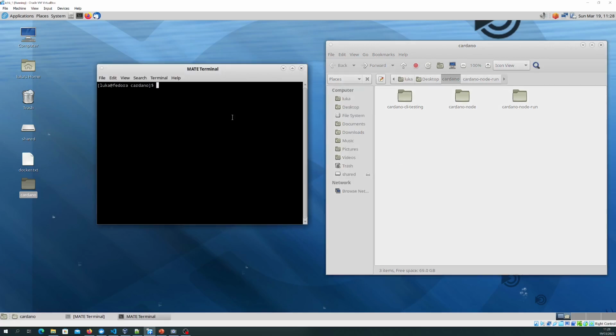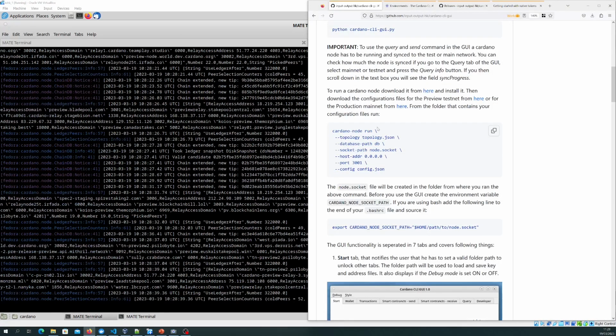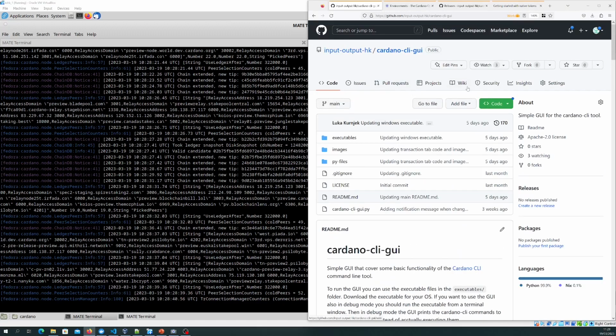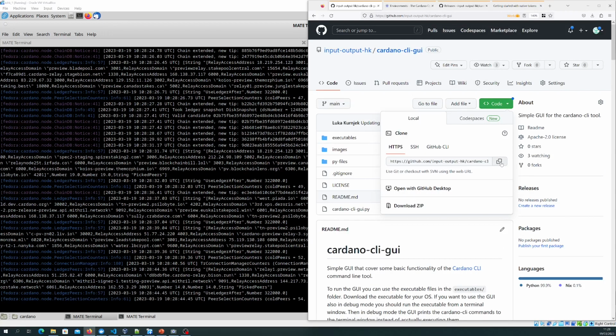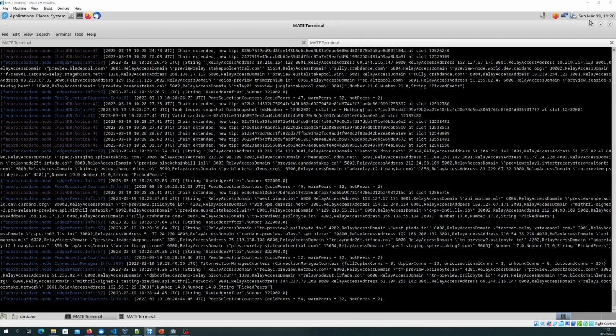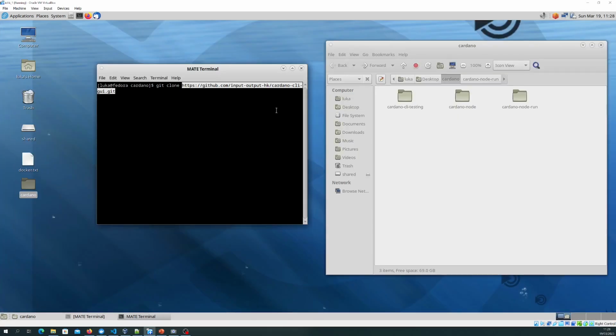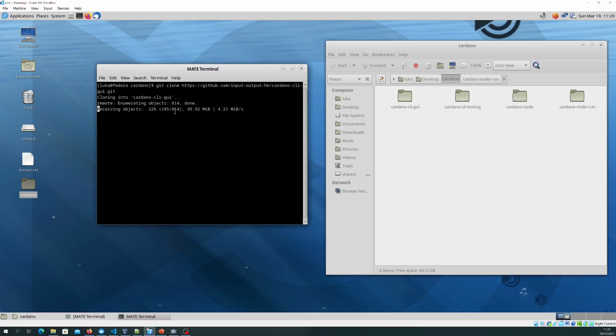So let's open the terminal, clone, go back to the GitHub page, copy the link, and clone this repository. It takes some time, maybe half a minute, because the executable files for the GUI are around 50 to 60 megabytes large. We already see the folder here got created, the Cardano CLI GUI,